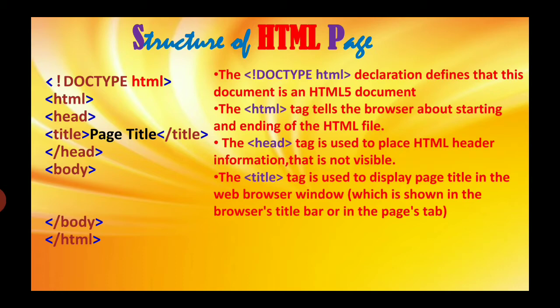Okay, next comes your main part, that is body. This is the part where we actually write the main coding, in the body part, which is visible on the web browser. So the body tag is used to display all the contents in the browser. So whatever coding we write is within this opening and closing tag of body, and then in the end we have to close the html tag, which we started in the first and close in the last.